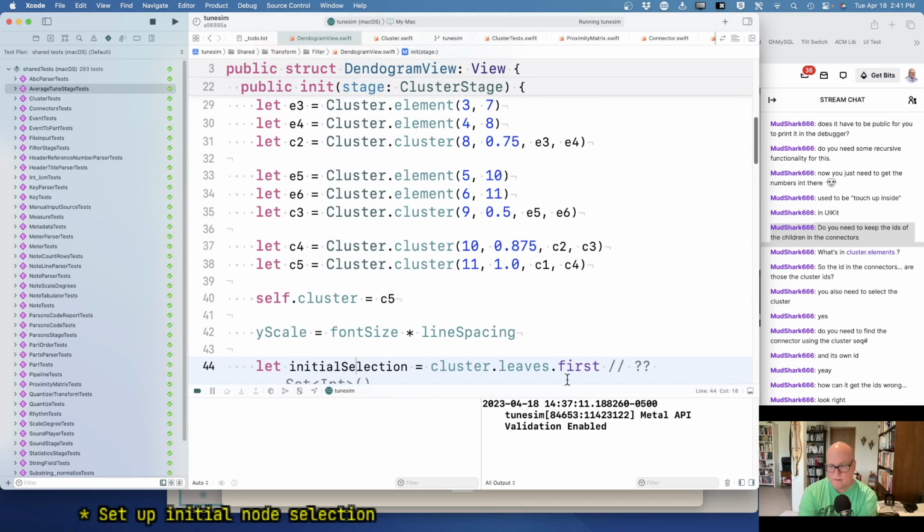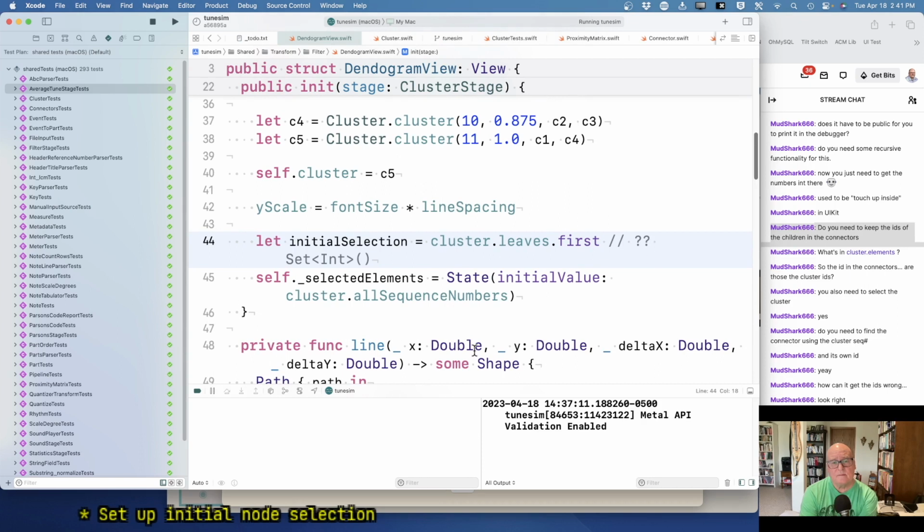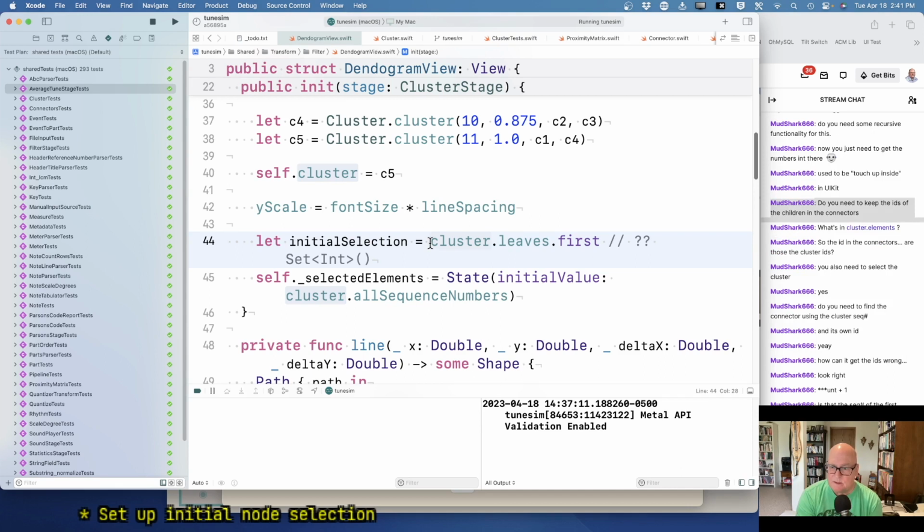And the connectors are there. Yeah. Yeah, so I mean, that's true because of the way we built our sequence numbers. We always numbered all the leaves first, and then the first cluster is that plus one. Maybe we're willing to let that be. Okay, so let's say